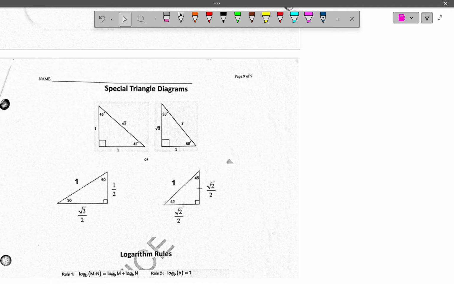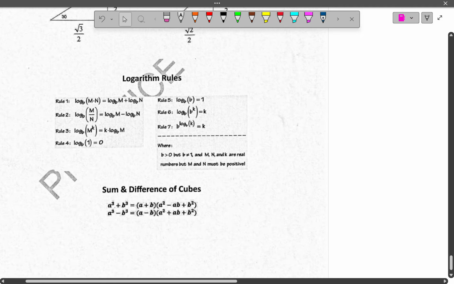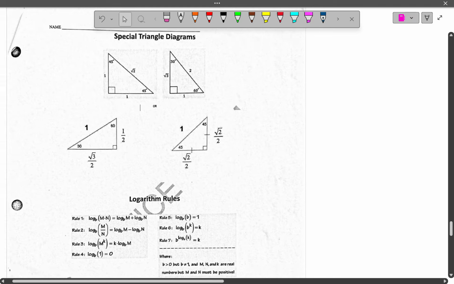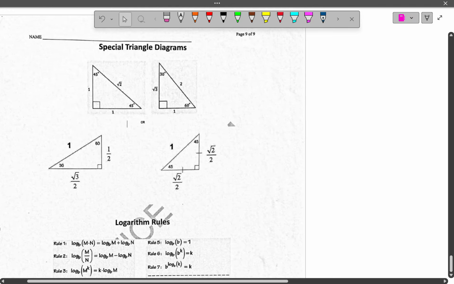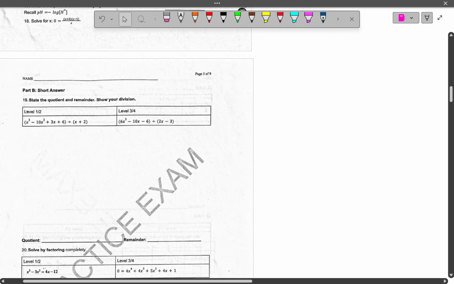I just also wrote these numbers here. They give 60, 30, 45 degrees. These are all written in degrees. The special triangle that I used, also they have logarithms for you. So you could reference that as well, like we saw earlier in the video. But you could reference that